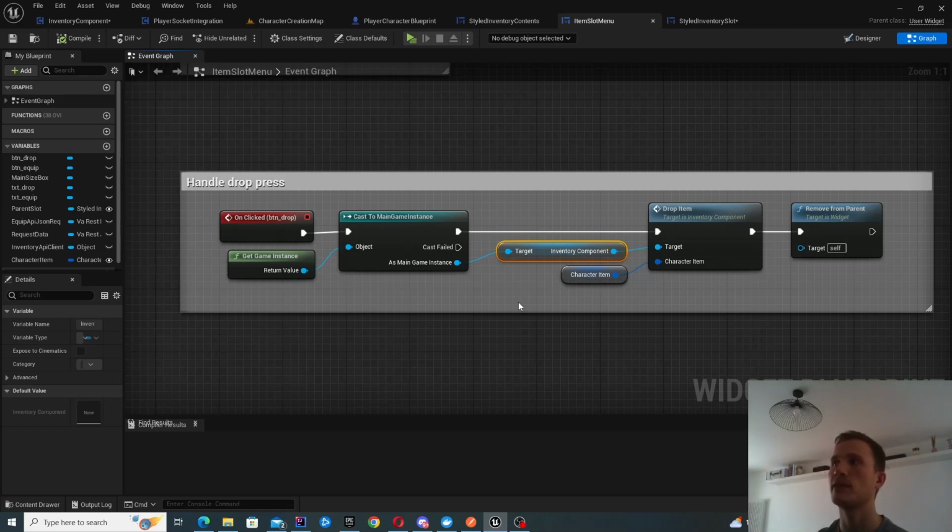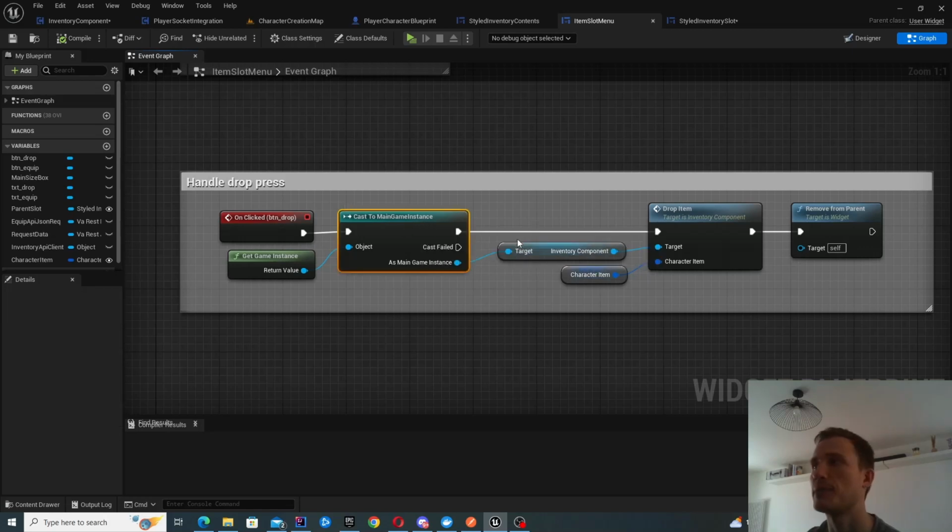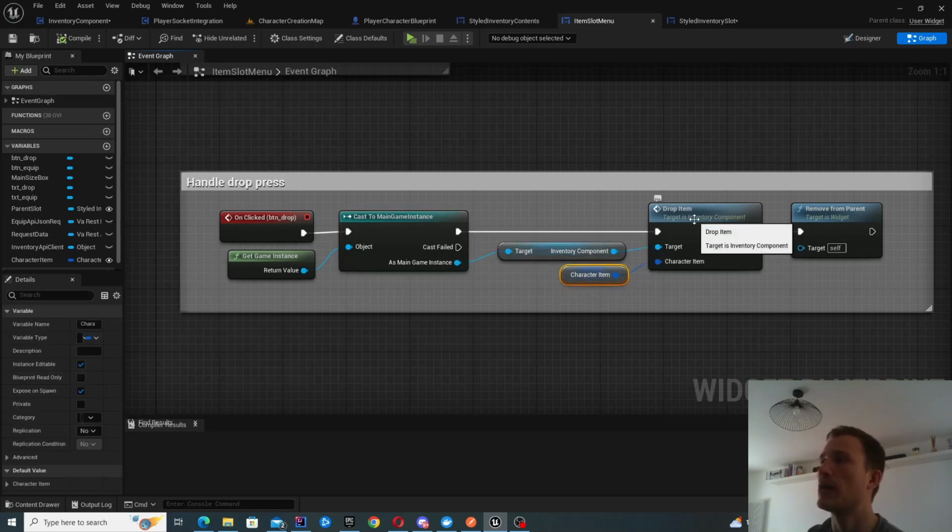Basically I have the movable inventory window, then the inventory contents, then the slot for the item, and from the slot I generate this menu. So instead I've added it into the game instance, so I'm able to simply extract the inventory component through the game instance here. Okay, so I've created this function inside the inventory component to drop an item,